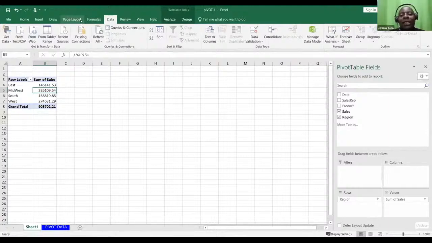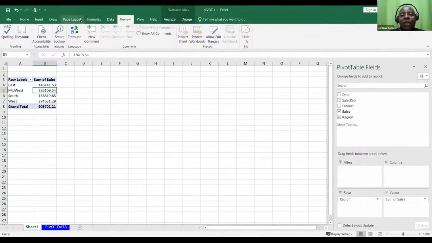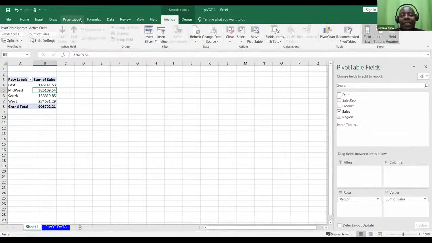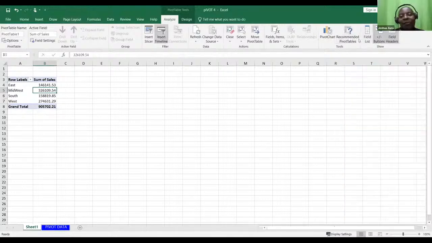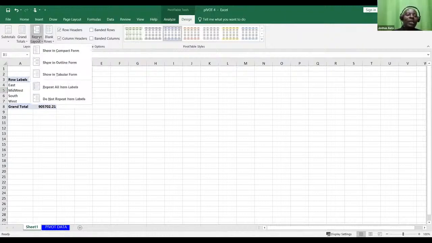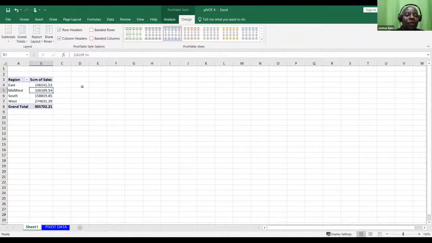You'll be able to see analyze and design. Design is the last one. Just continue. Yes, the last one, design. After analyze, yes, that one. So once you have now highlighted the design, you'll be able to see report layout on this other row. Report layout, yes. Click on it. Show in tabular form. Click that one. Great. Thank you so much. That is it.